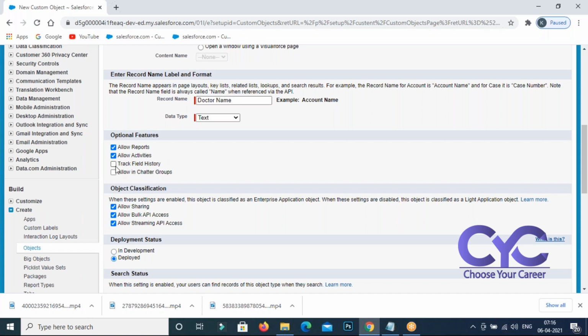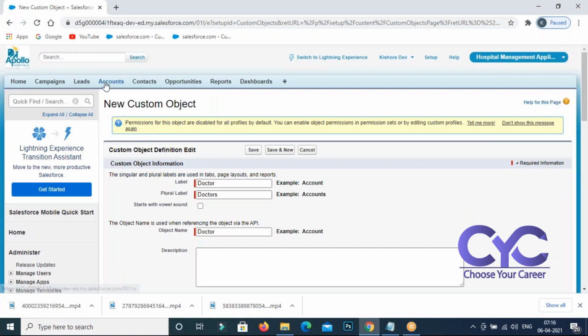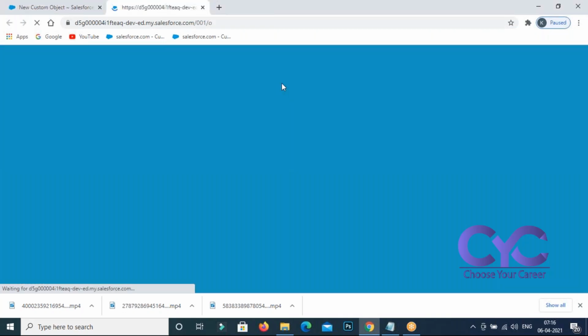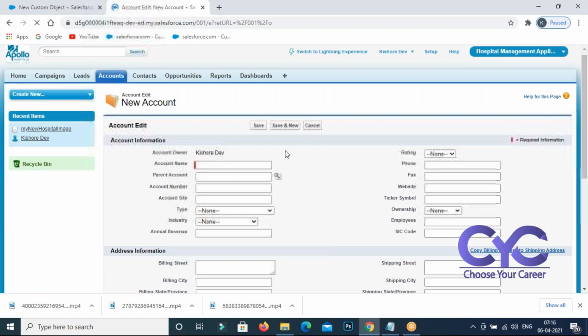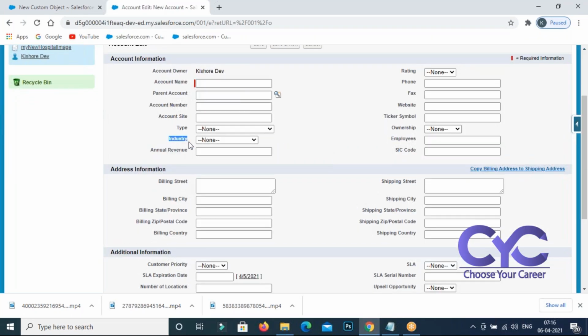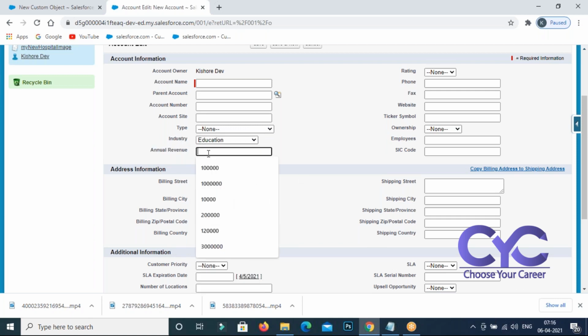It's a field. What is the meaning of field? Look at here. Go to the account object again. Go to the new. See that it is a field. To create every field, a specific data type is needed here. If you go to the name, it's a text data type. If you go to the account number, it is a number data type; numbers only you need to enter. Here, alphanumeric values you need to enter. It is the industry; industry is a pick list, only one value you are going to pick. Annual revenue is currency.